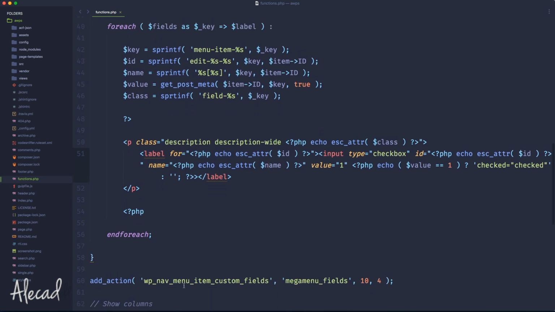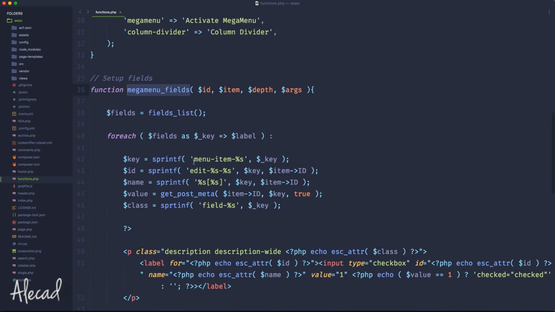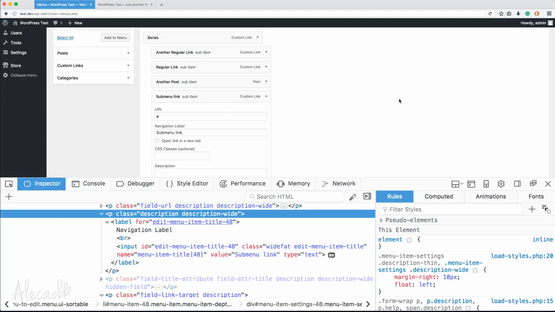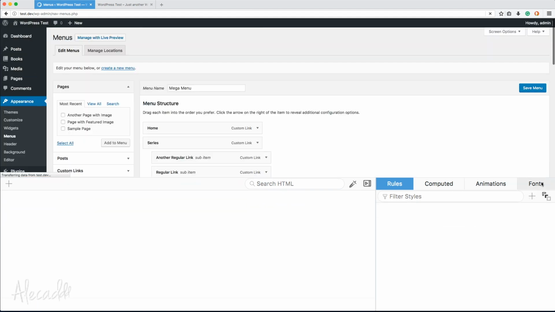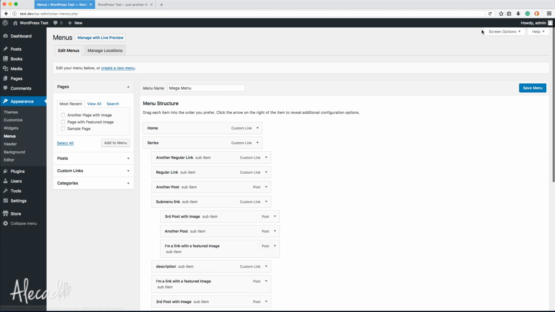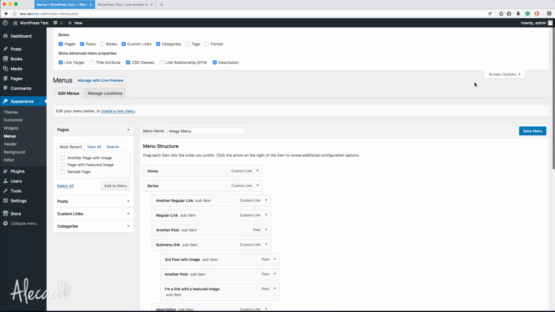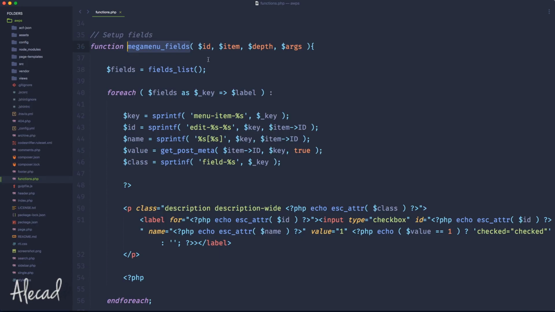So now we have the action that returns the field, and we just set up the fields. If we save it, go back to our backend, leave the page, and refresh, nothing actually happens. If we open here, we don't have anything. If we open the screen options, we still don't have anything because we didn't register the columns. That's what we're going to do